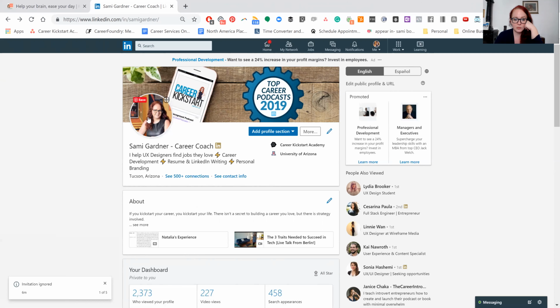My picture is one where it shows my face, I'm smiling, I look approachable, my hair looks good. Just make sure that you don't have a picture that looks like a selfie or one where it looks like you cropped somebody out of it. Just have somebody take a picture of you with maybe a neutral background of some kind.